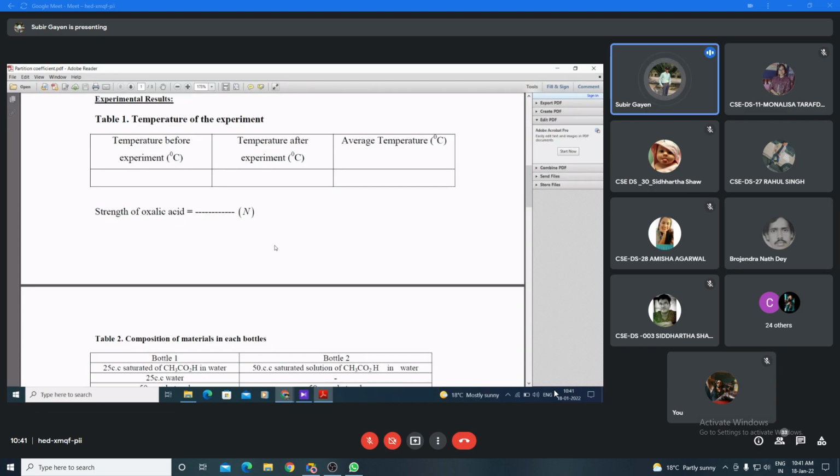In this experiment, temperature is very vital. So before starting the experiment, you have to record the temperature before the experiment and also after the experiment, and then calculate the mean temperature, that means the average temperature. And the strength of oxalic acid is 0.1 normal,